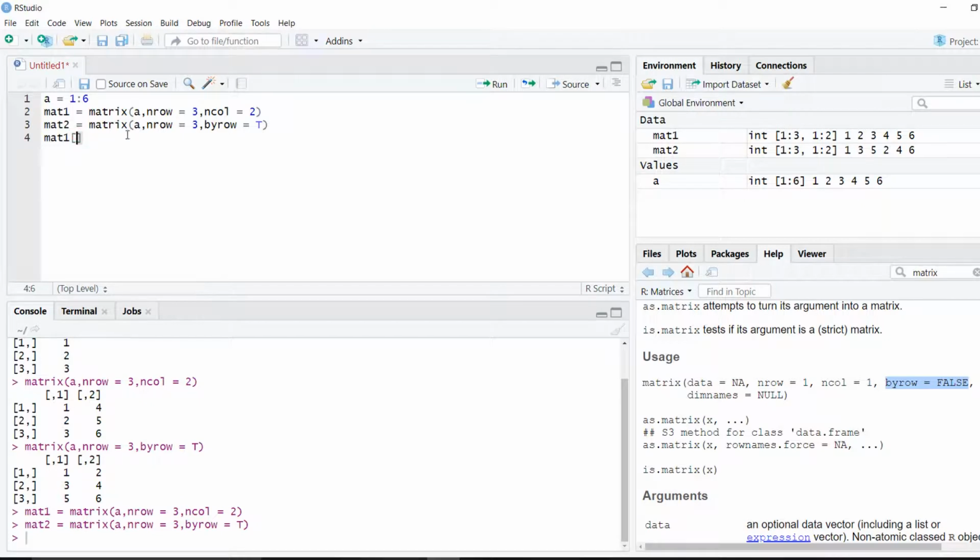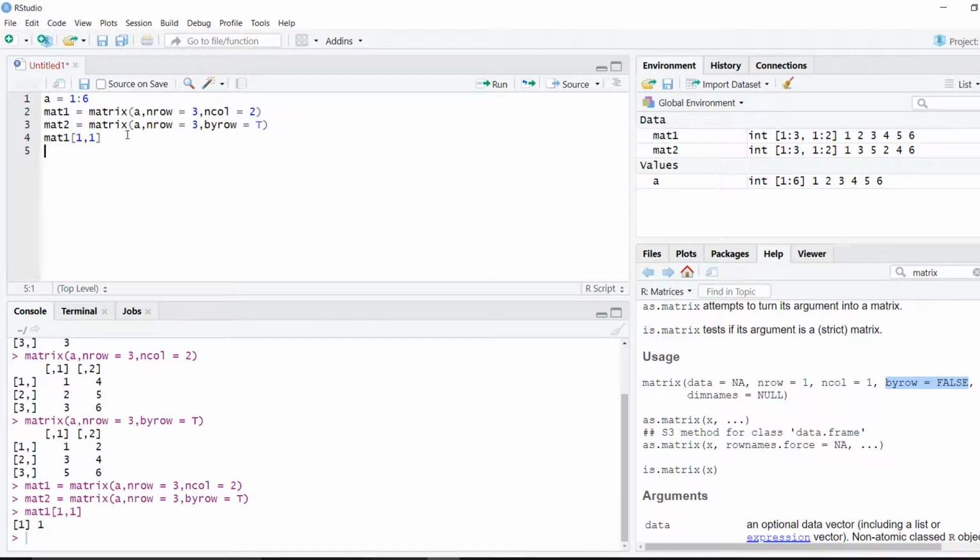Similarly, if I just want one single value, that the first value, I'll say first row, first column. If I press Ctrl Enter, you can see I have one value, that is 1. Similarly, from the second matrix, if I want, let's say, second column and first row, so the second value, that is 2.